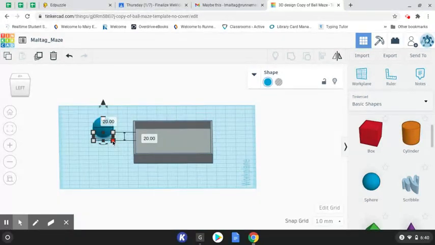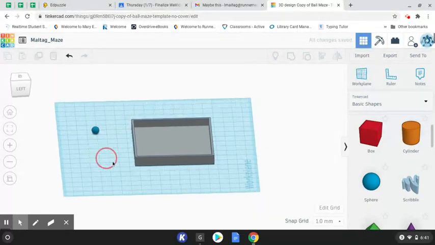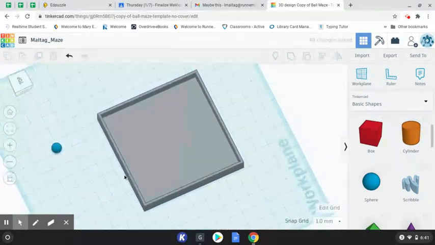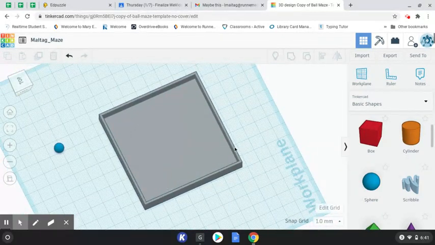Now remember, this is a sphere, so all three measurements have to be the same in order for it to stay round. If it's not the same, it's going to be oval, like an egg, and it's not going to roll. So make sure you're changing all three. We click this corner white block and change this number to 7, this number to 7, and then clearly that's not a ball. So click on the height and we're going to choose this one as 7 as well. All right, so now we have this little tiny sphere that we can use to drop inside the maze